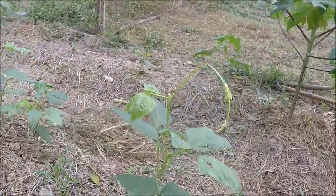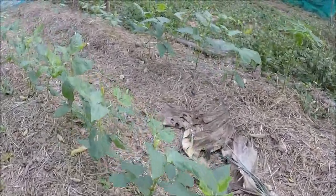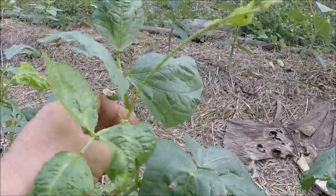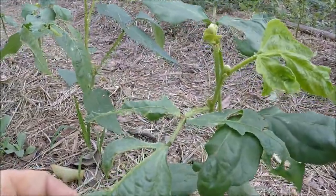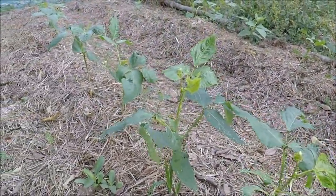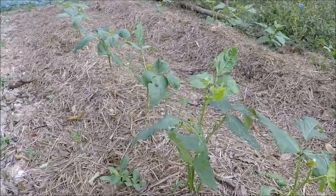These are the newer skinny beans, or the foot-long beans. It does look like they need a bit of a feed. They're not a really strong deep green. I like them with almost a blue hue on them, but you can see even these are getting a bit of a battering. So lots of spraying, a lot more spraying than I anticipated. I don't mind doing it. It's just surprising how many bloody things eat them,